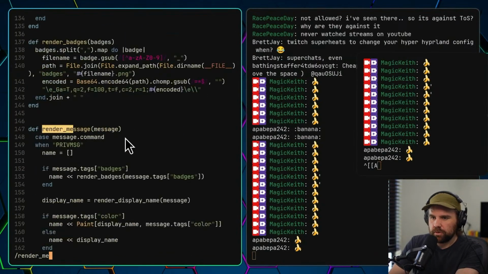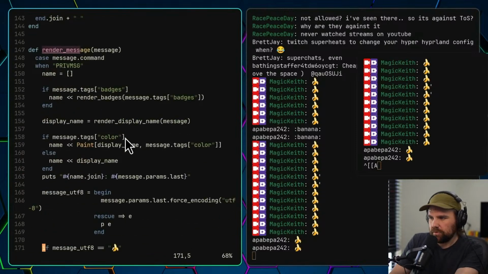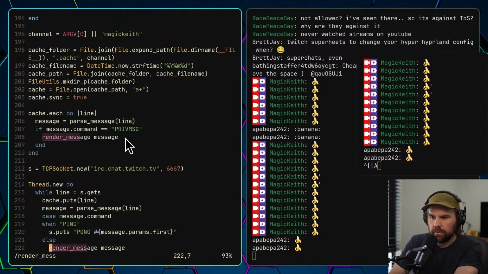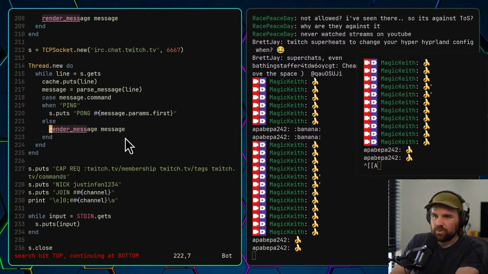What I do want to do is try to figure out why the last message is showing twice. Pass the message and then render the message. It's unclear why it does it twice. Because this is basically the code that loops in the Ruby script.